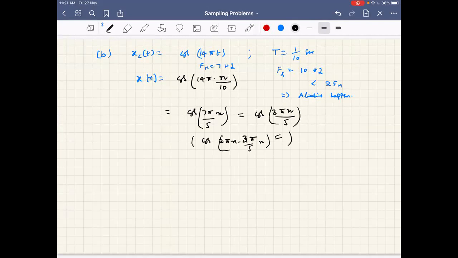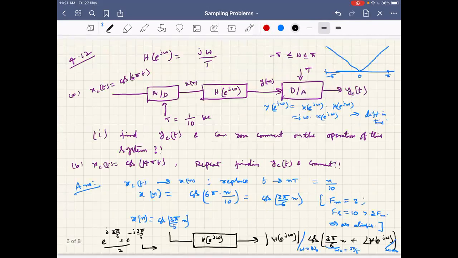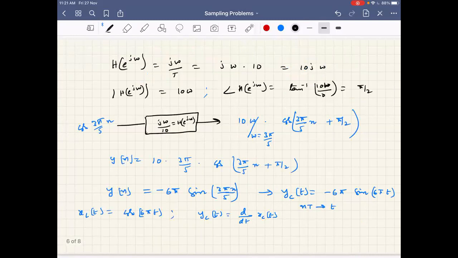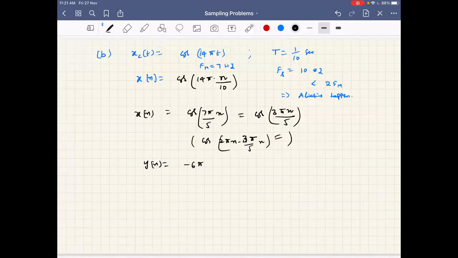Have you seen the signal x of n, cos 3 pi n by 5, before? Yes, this one is cos 3 pi n by 5. So the same output you will get, and hence y of n is exactly equal to whatever I got here, minus 6 pi into sine 3 pi n by 5, and yc of t is also equal to minus 6 pi into sine 6 pi t. Okay, so now you see,